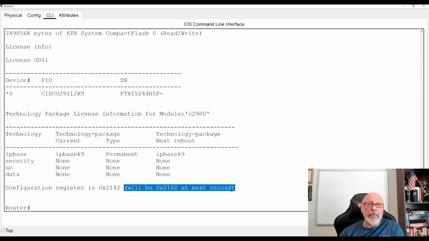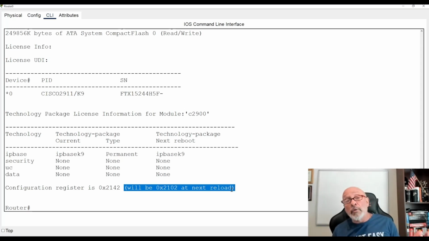It happened to me working at a tech school where we had a brownout over the weekend. They came back up in ROMMON. They didn't understand why, and it was just because they were in 0x2142. They had no configs. And I said, man, just change it. They were booting up into ROMMON, so I think somebody actually did it deliberately and changed them, but it didn't load any configs. So more than likely somebody changed it to 0x2100 to boot into ROMMON.